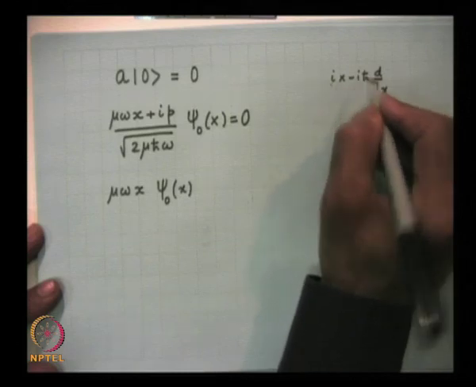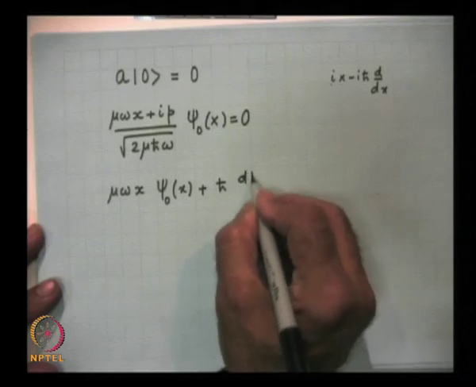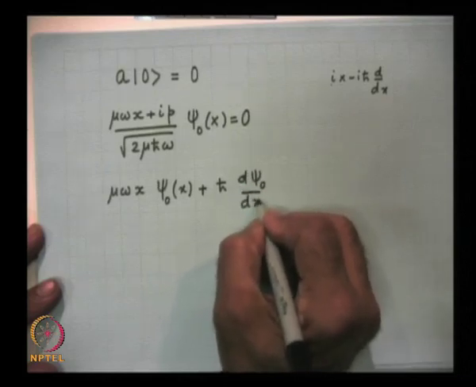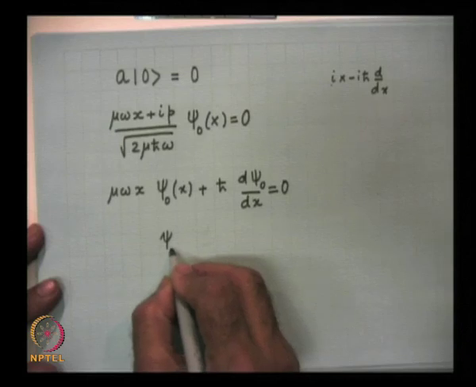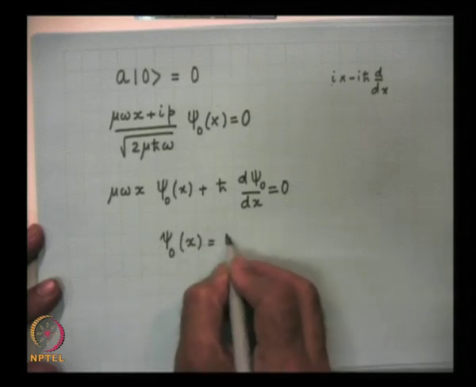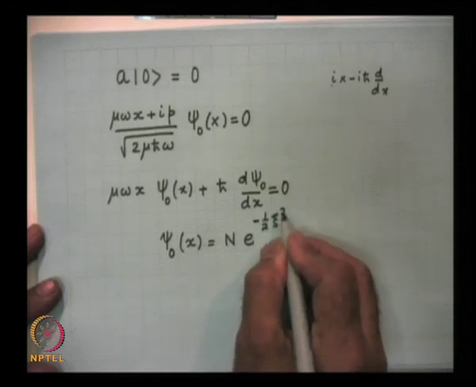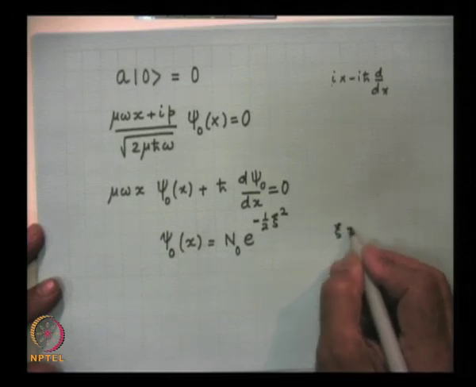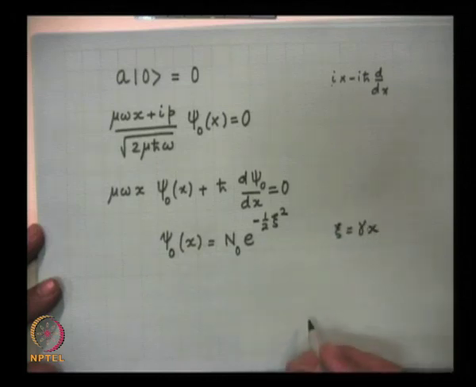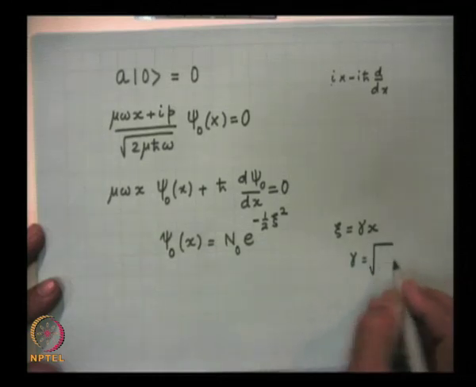So, i squared is minus 1, minus minus plus 1. So, plus h cross d psi 0 by dx. We integrated this equation. This is a very simple integration, and we had obtained for psi 0 of x some normalization constant times e to the power of minus half xi square. So, we write this as N 0, where xi is equal to gamma x and gamma is equal to square root of mu omega by h cross,